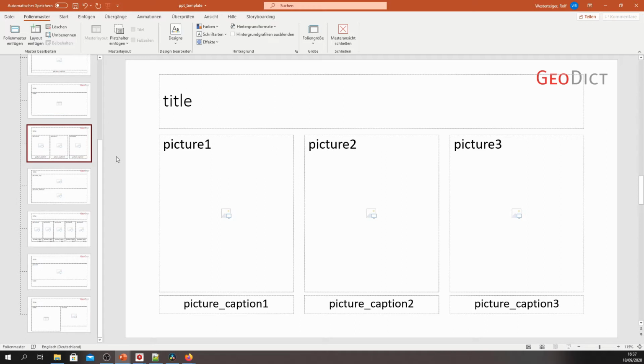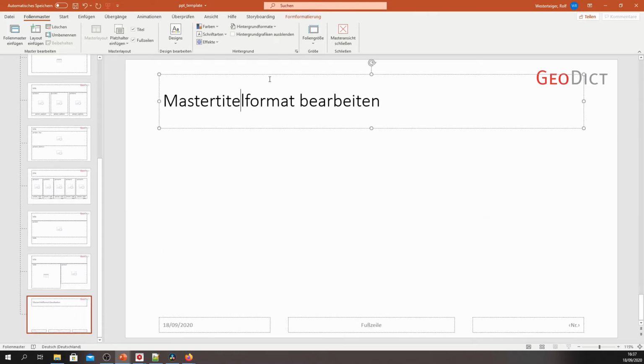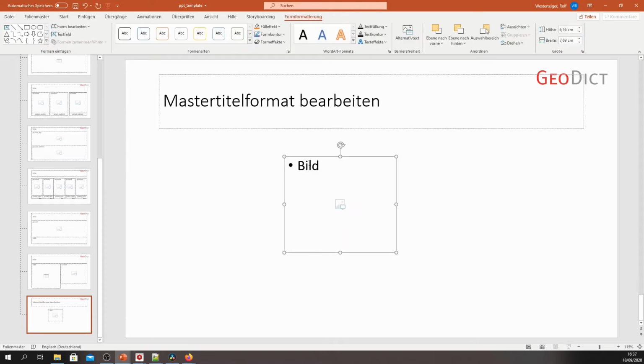Now let's say you want to add a master slide here. Just go down here, right click, add layout, and here you can define your custom master slide. There's already a placeholder here, and there are placeholders down here. You can delete them. And for example, you can go here, insert a placeholder for an image, and just do it like this. And then you give it a unique name on this slide, and you can position it wherever you want.